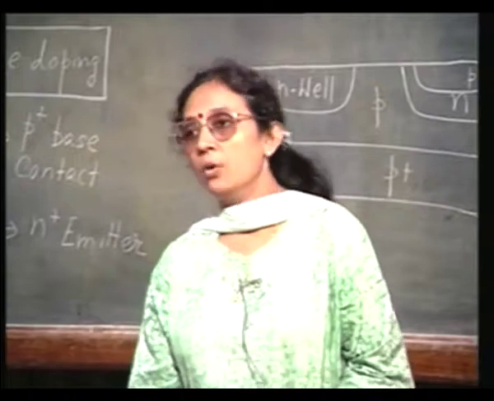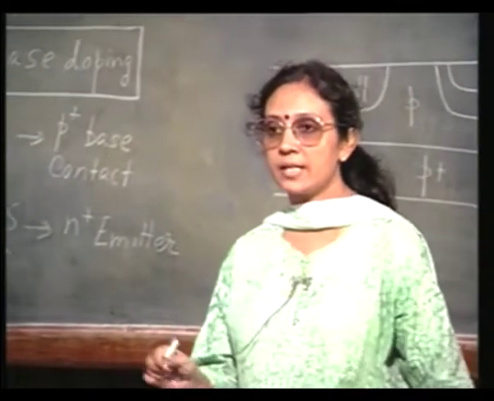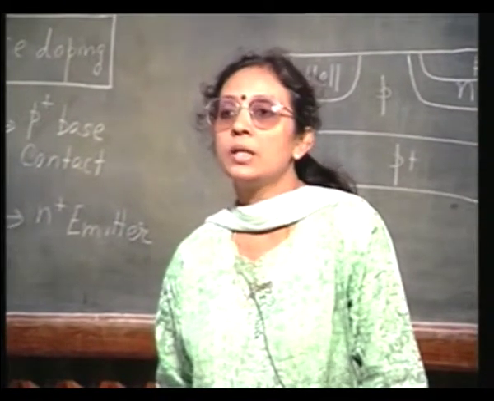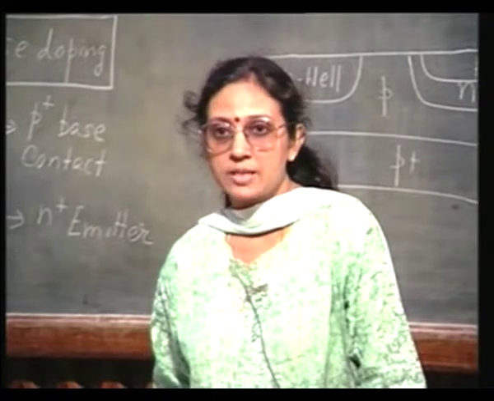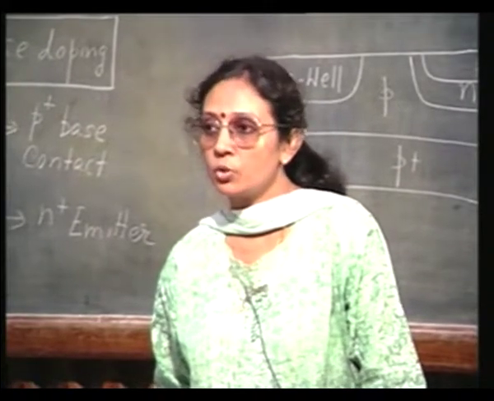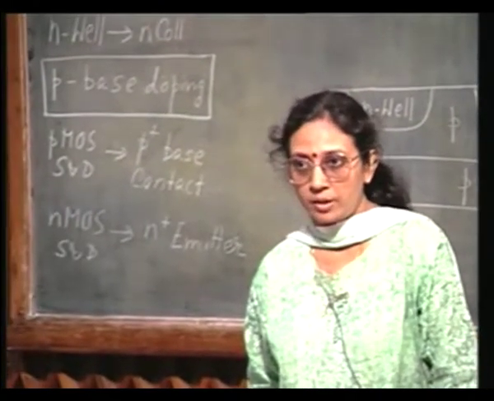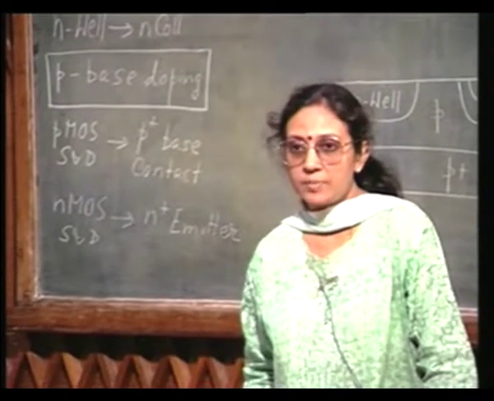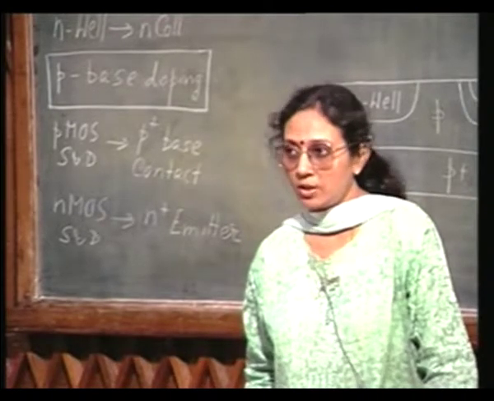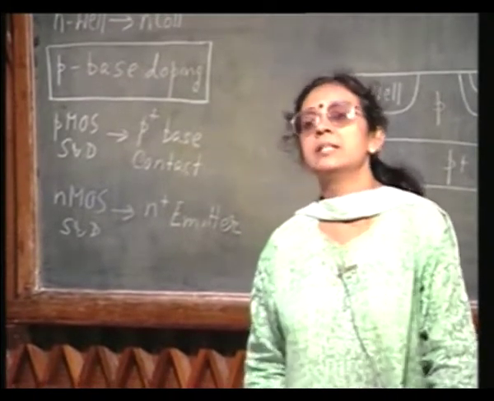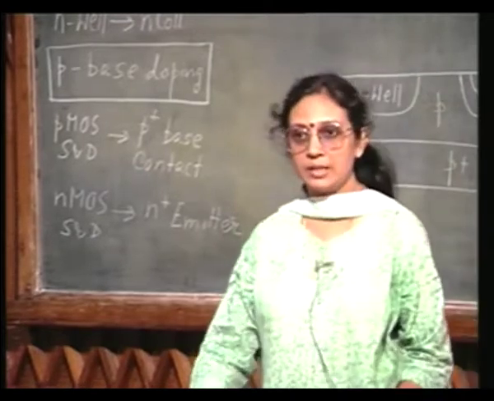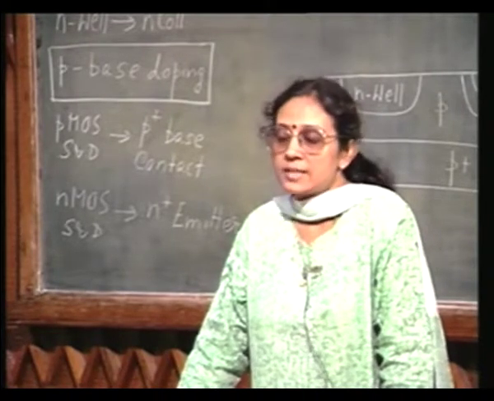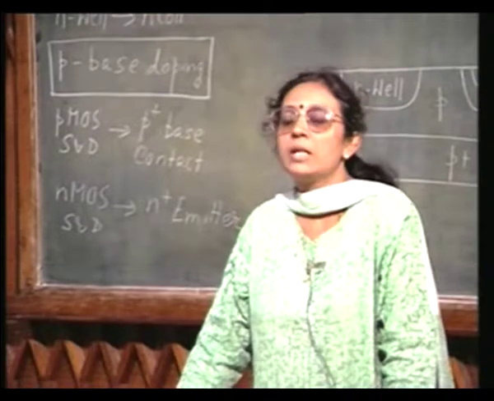Okay. Now, if we look at the basic requirements for an NPN transistor, we see that we have needed only one extra step, the step in the box, that is the controlled intrinsic base doping, for which we need a low Gummel number. The total charge in the base region must be fairly low, so that the beta of the transistor is kept high, and this doping has to be carried out separately. We cannot use any common step with CMOS. So, essentially you have needed only one extra step,